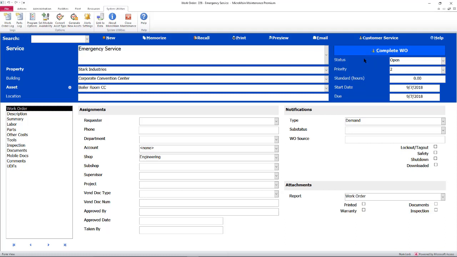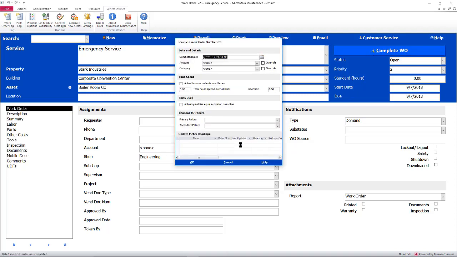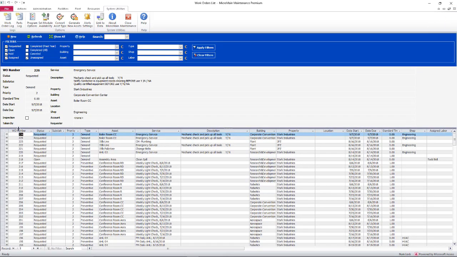Once the work is completed, we'll hit the Complete button here. It says there's no labor assigned, but we want to go ahead and close the work order anyway. We'll then get a summary box. This is the last step in completing a work order. Once you hit OK, the work order status changes to Complete and then drops off of your main work order